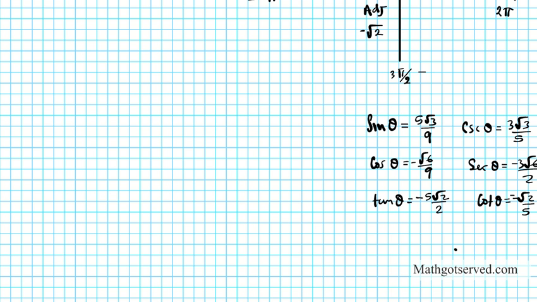Alright, so check. The first check is using the first identity, the Pythagorean identity, sine squared theta plus cosine squared theta equals 1. I'm going to plug this in and see if I end up with a true statement, okay? Sine theta is 5 root 3 over 9, so it's 5 root 3 over 9 squared